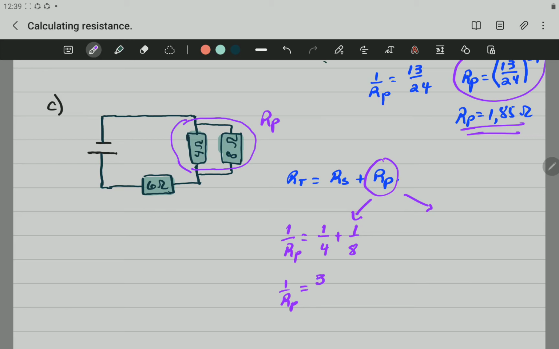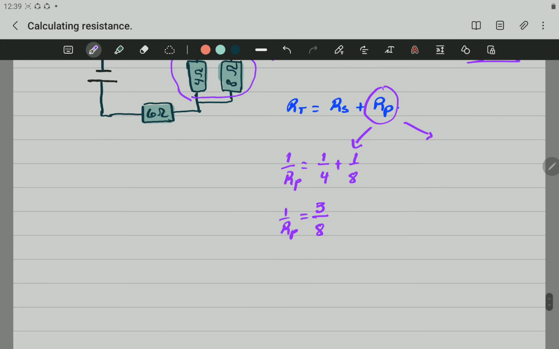Okay? If you want the final answer, that is not it yet, you have to say that Rp is equal to 8 over 3, or 3 over 8 to the negative 1. So Rp is equal to 2.67